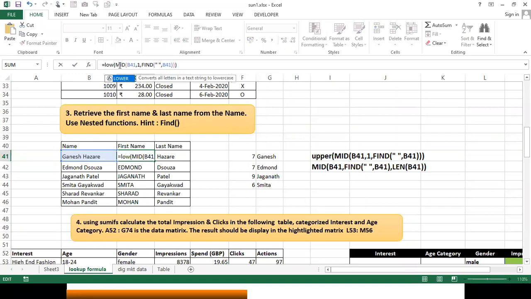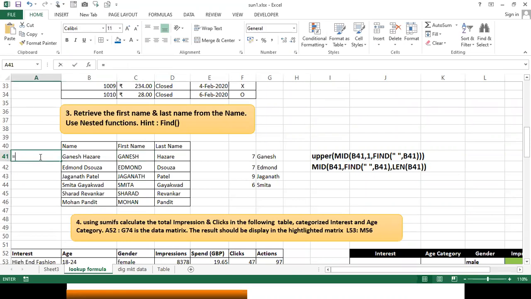Sir, can we do it without a formula? Is equal to upper and select that cell. Yes, I can do without any formula. Is equals to upper, I'll write it this side. Close the bracket, and the whole thing will come. Upper B4, B41, I can get it straight away. Uppercase and lowercase can be done with simple formulas. No need to write mid and all. That's segmentation. We have done it. Otherwise also we can have it.